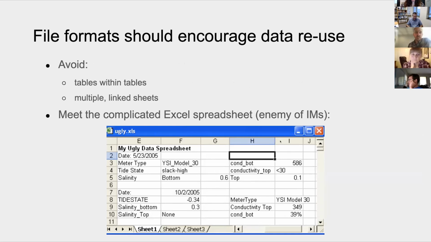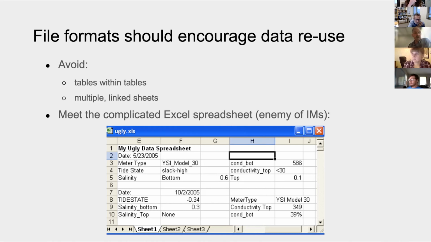You can see a bad example here where we have tables within tables. We've got some metadata that's kind of mixed in, and things are separated into different subtables and columns. So this is a complicated Excel spreadsheet that probably only the person that created it could understand.